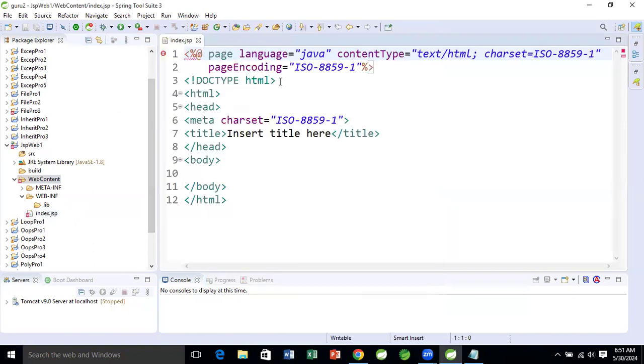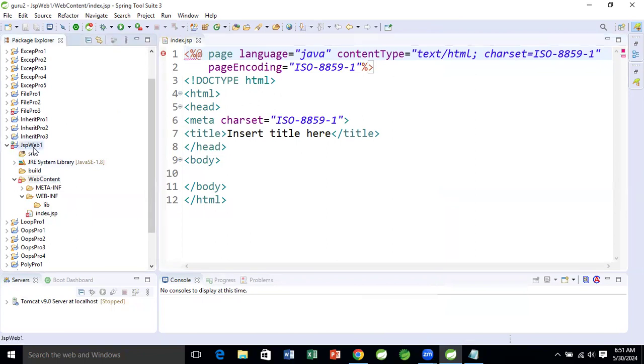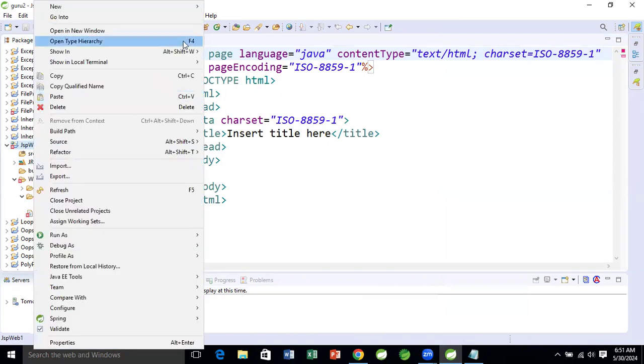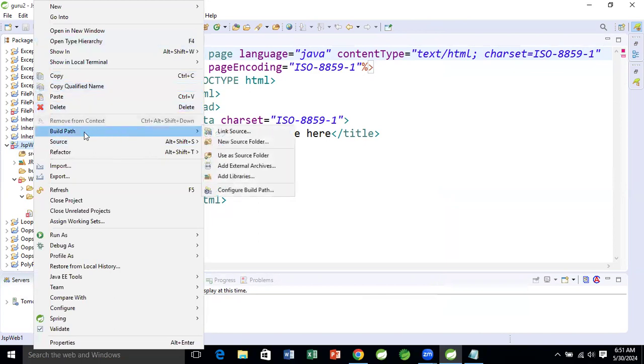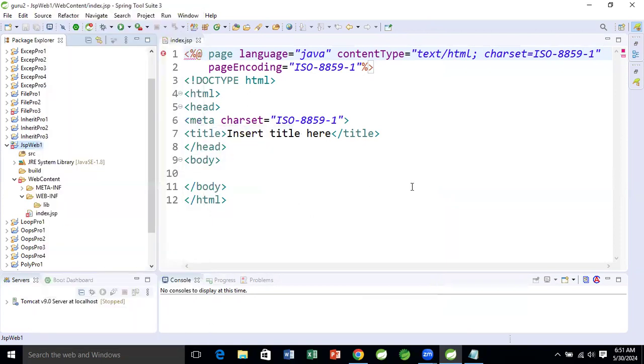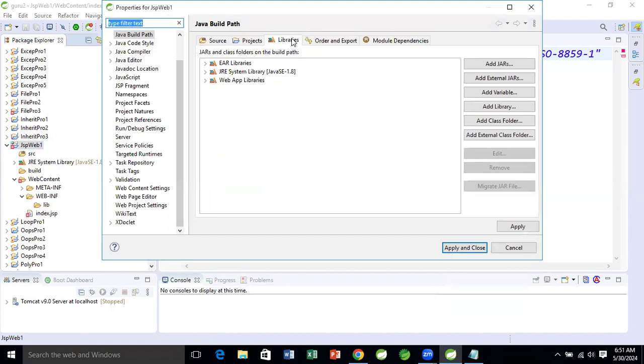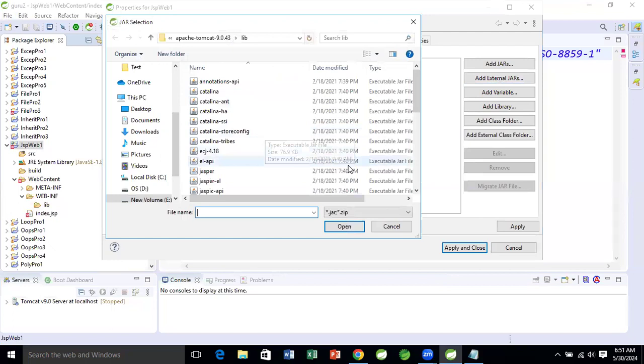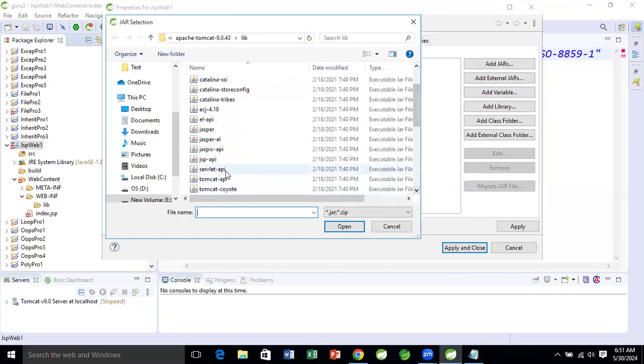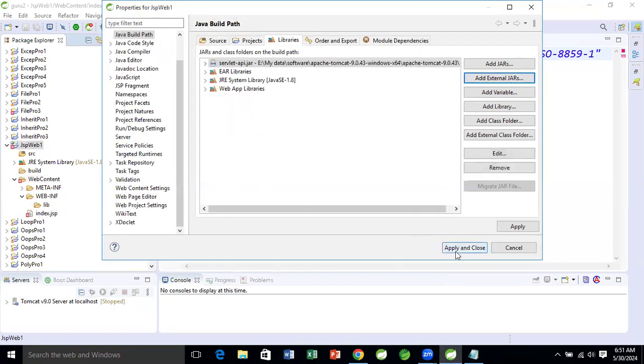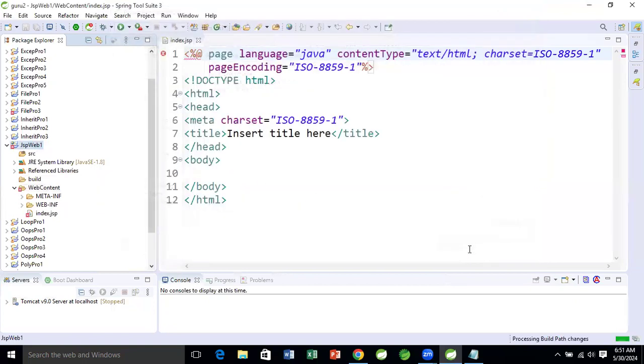And here you can see this is showing an error. We are going to add the jar file of the server. So click the right mouse button, click on Build Path, then click on Configure Build Path, then click on Libraries, then Add External JAR, and here please add the servlet API. Then Apply and Close, and you can see here